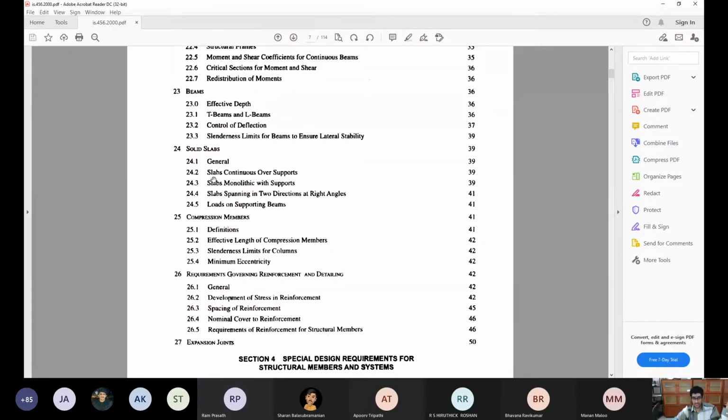Torsion will usually be for beams. If torsion comes, you would probably consider that as a separate case rather than just a column. Due to lateral force, there will be an effect of torsion on the column.